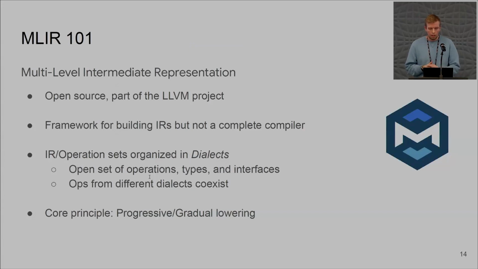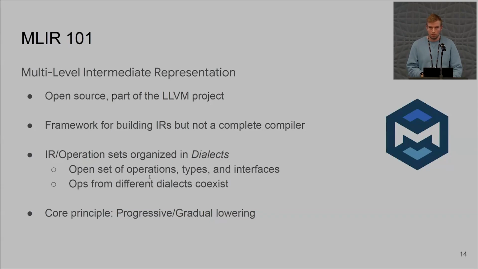MLIR is the main piece of infrastructure that allows us to build this compiler stack. It's also open source. It's part of the LLVM project. And it's not a compiler by itself. It's a framework for building compilers. The main feature of MLIR is something called dialects. And dialects allow you to define your own intermediate representations, your own small programming languages. These consist of operations, types, interfaces, and attributes. And the core principle of MLIR is that we want to perform gradual lowering. So we want to maintain abstraction for as long as possible and gradually simplify your programs as we compile them. We don't want to go too low level only to have to write analysis to recover the information